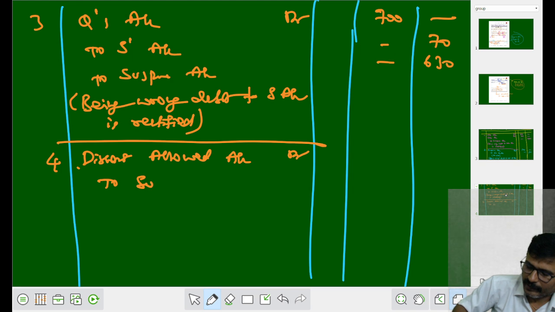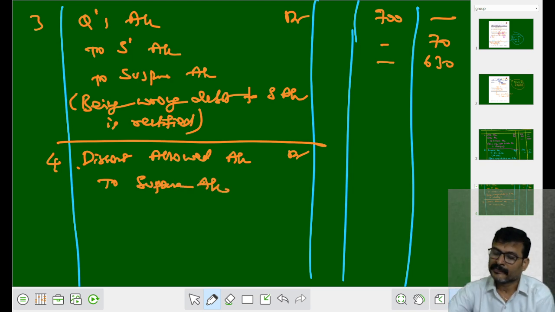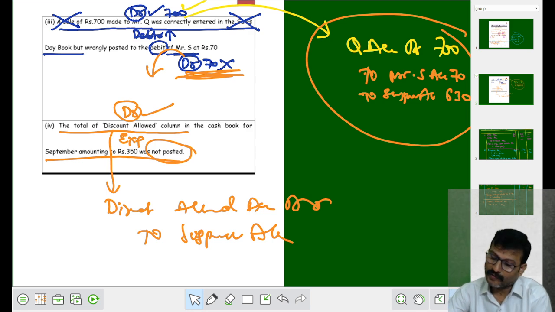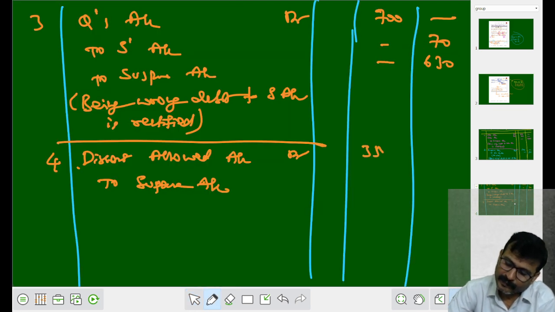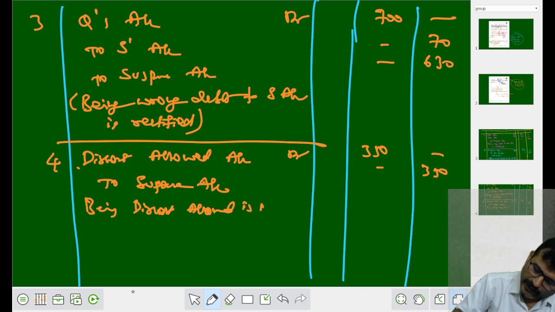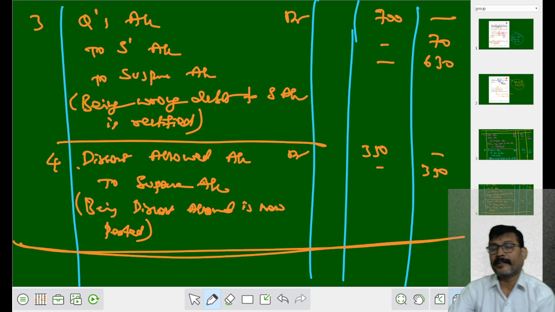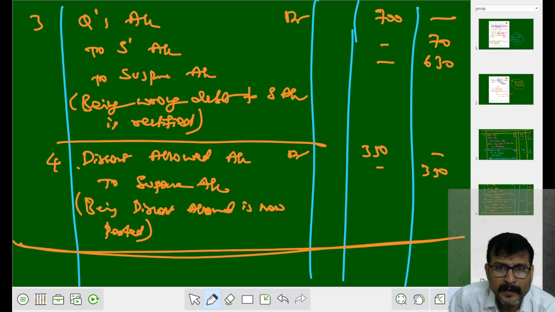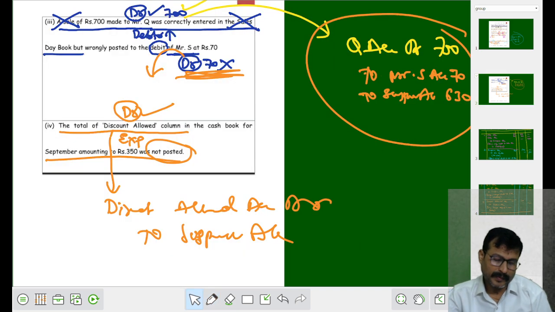Discount allowed account debit to suspense account. How much amount? An amount of rupees 350. Being discount allowed is now posted. Fine, my dear students, this is how we have to do the solution for this particular problem that completes